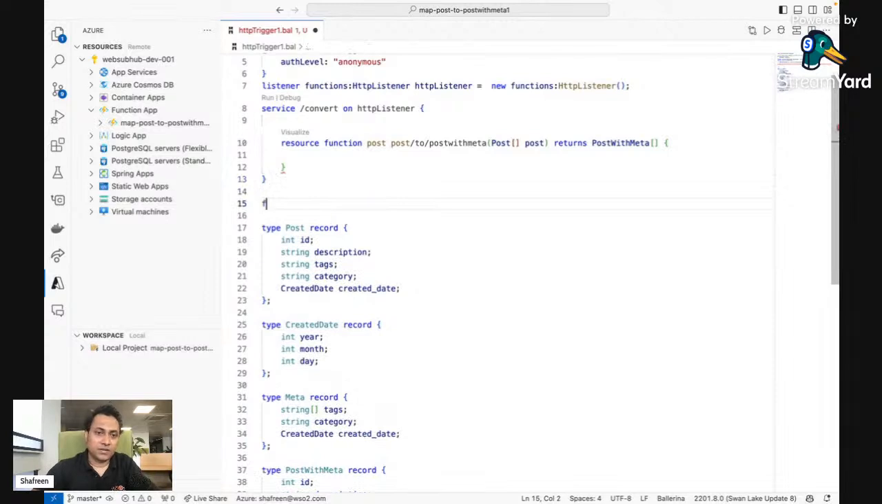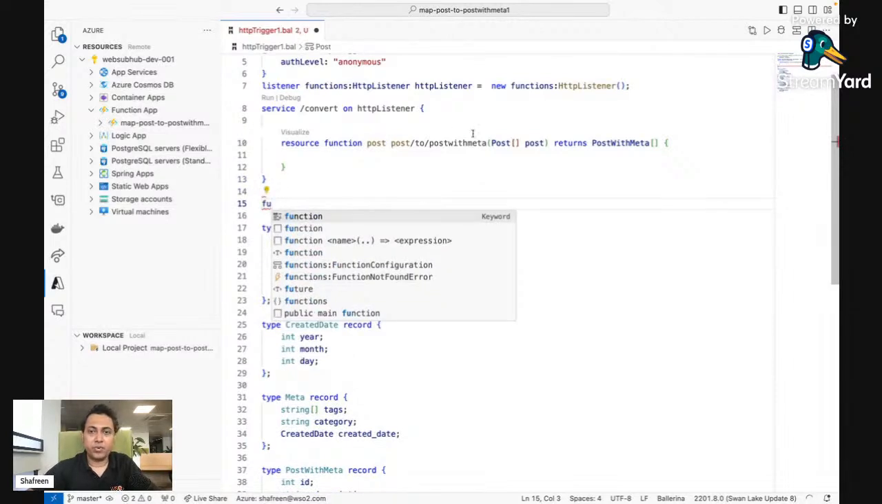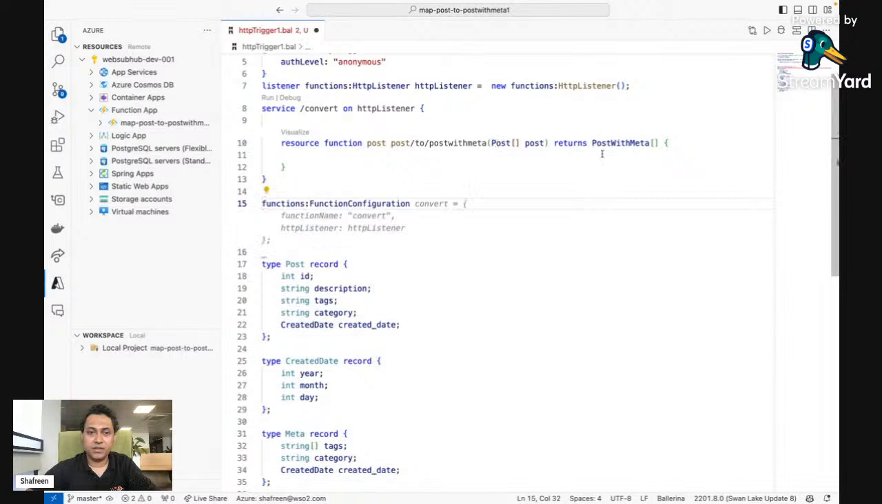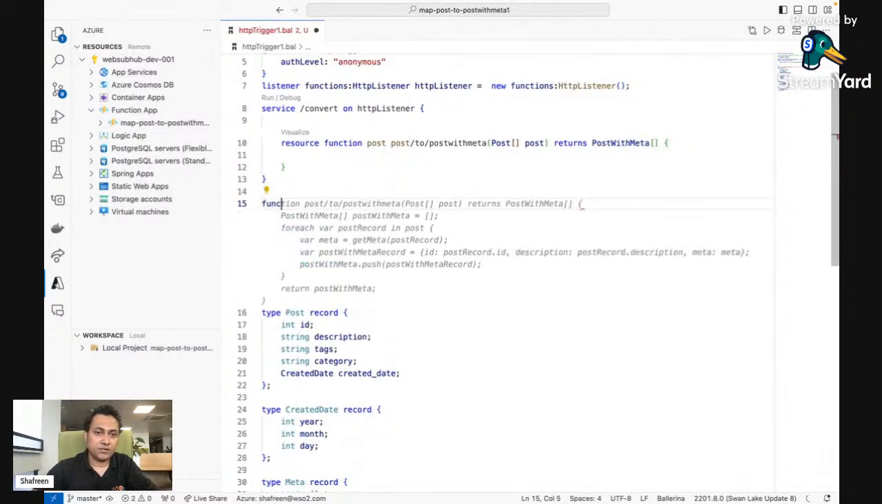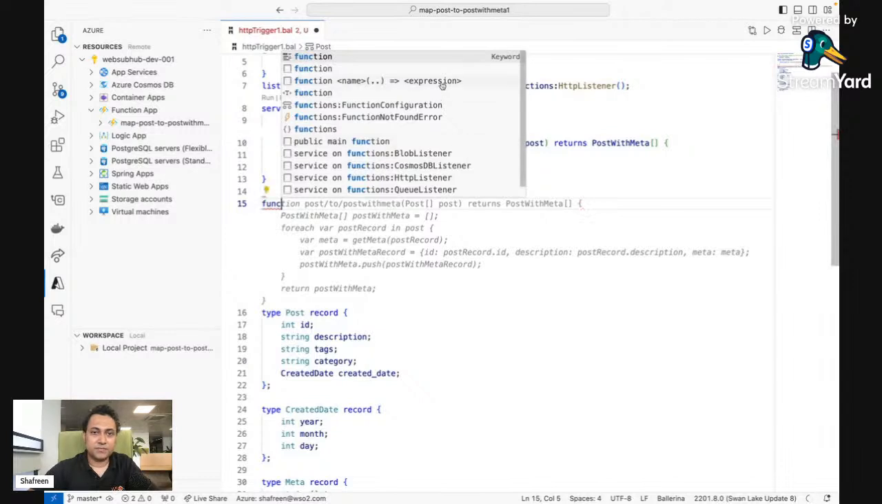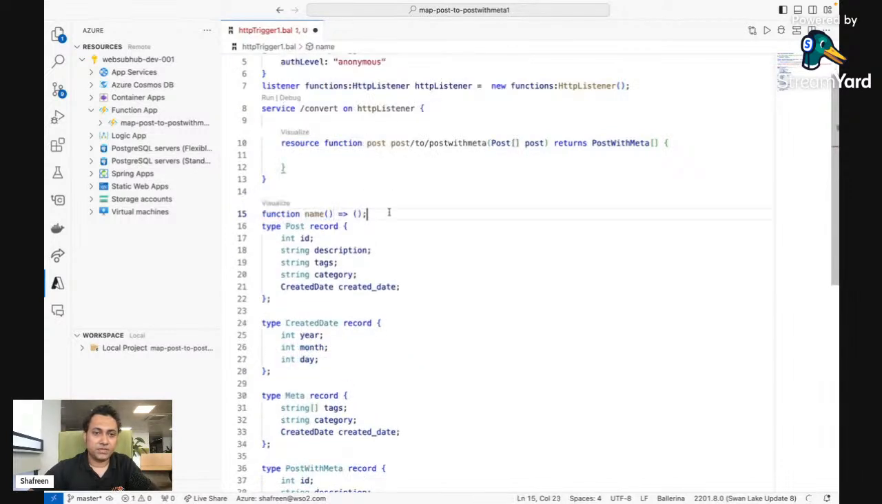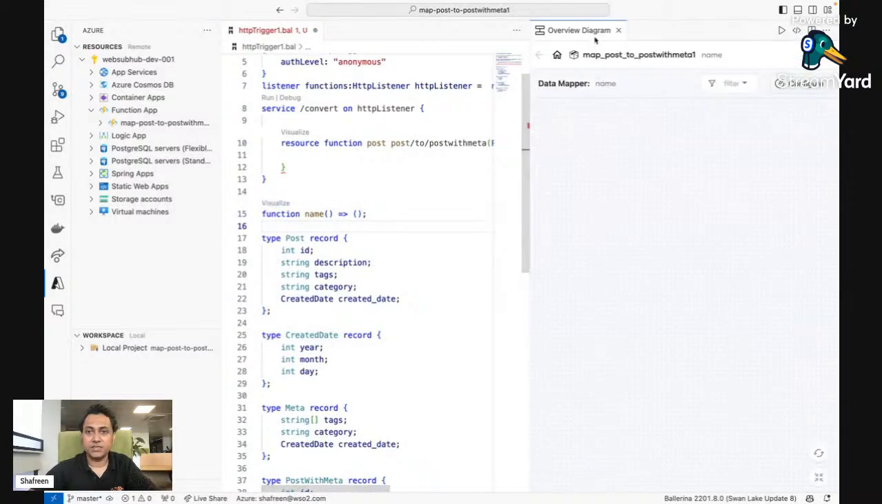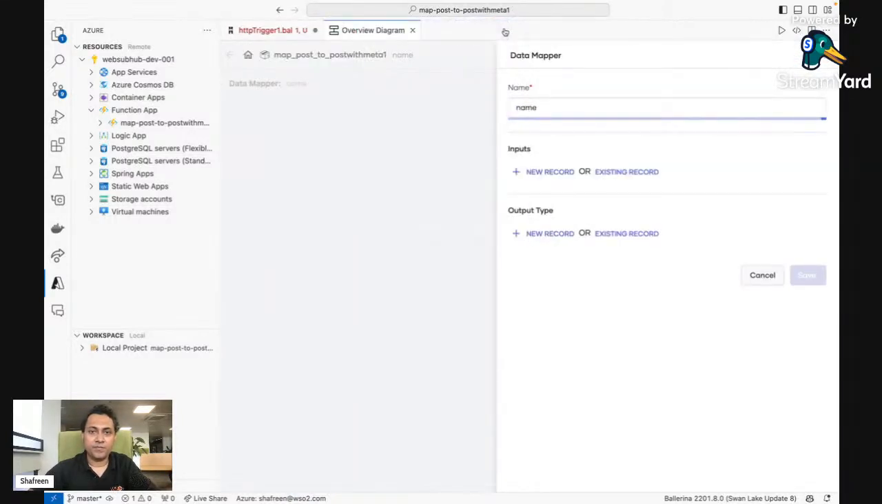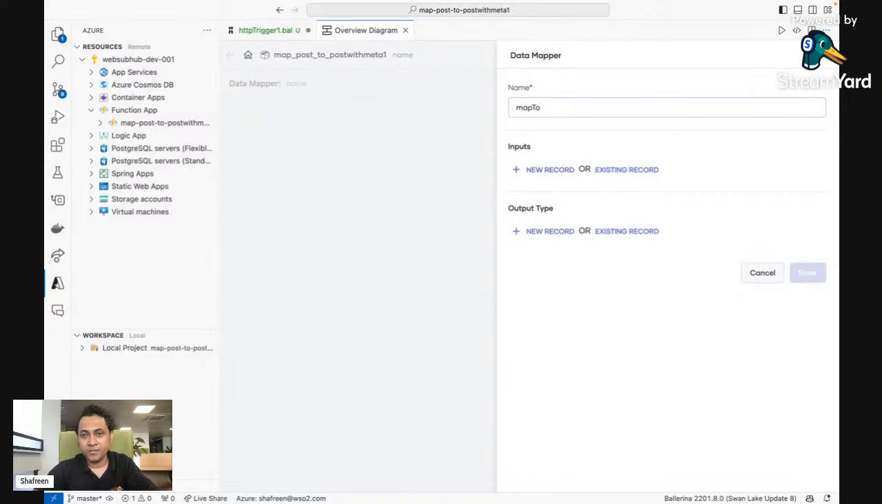So let's see how we can transform post into post with meta. To do that, I'm just going to create a simple function. And if I just click on visualize, I'll be directed to the data mapper. So let's just name this as map post to post